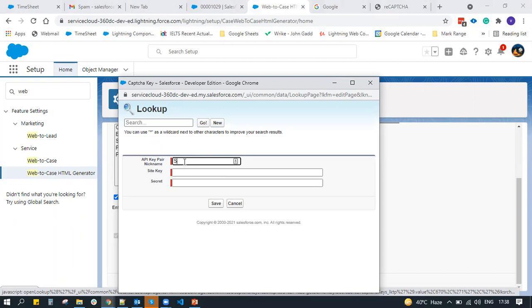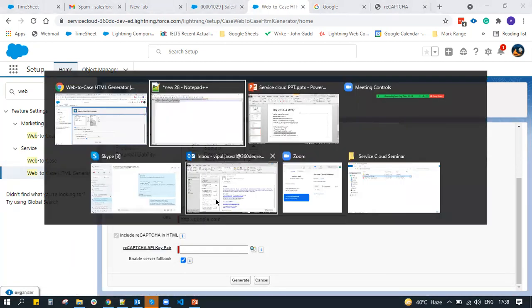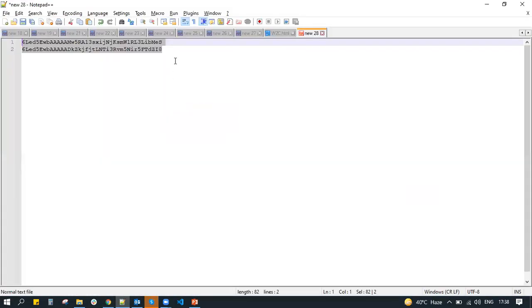Here, give the name Service Cloud. Site key. Site secret.